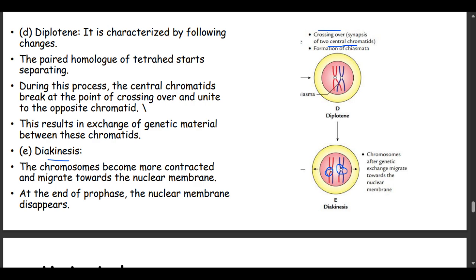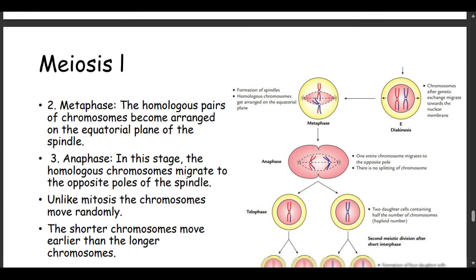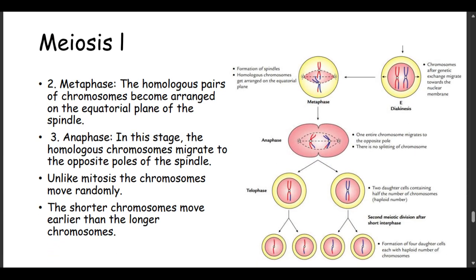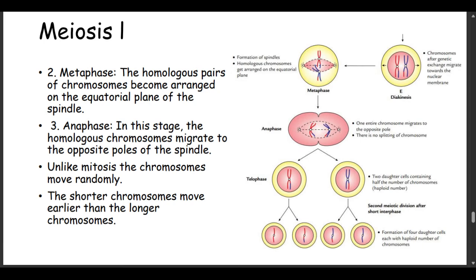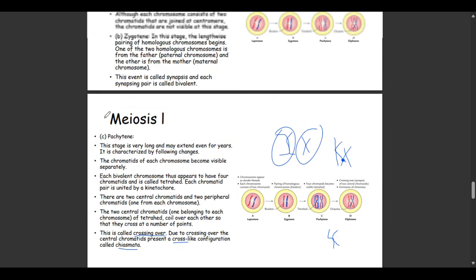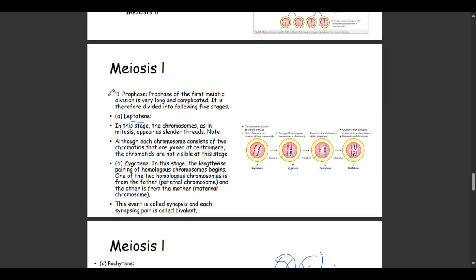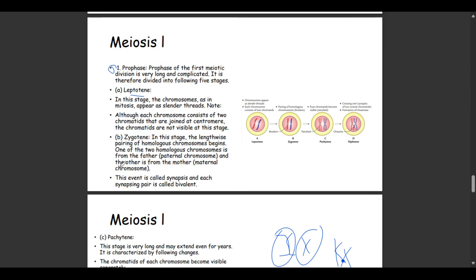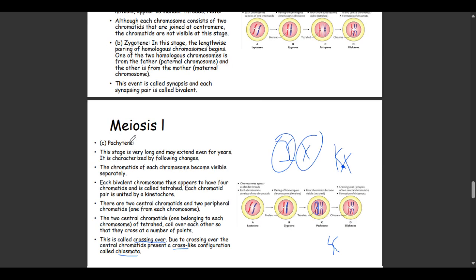And then after this, you have metaphase. So what we just concluded there is prophase 1 of meiosis 1. And now going into meiosis 1 metaphase, the second phase. Okay, so please don't get lost. We were in meiosis 1 and in prophase, and we explored the different stages of prophase, and now we are moving on to